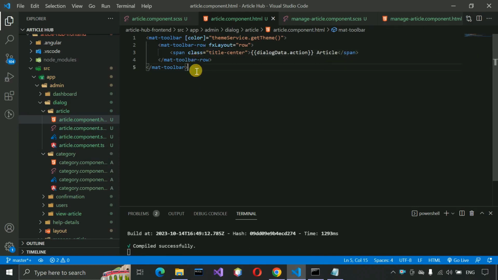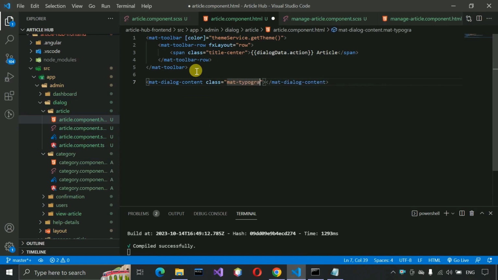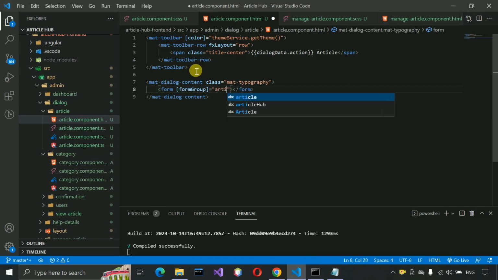Then we have to write the code for the mat-dialog-content, and here we have to write class mat-typography, and here we need to create the form, and inside this one formGroup, articleForm we need to pass, and inside div fxFlex fxLayout, and here we have to just pass the column,